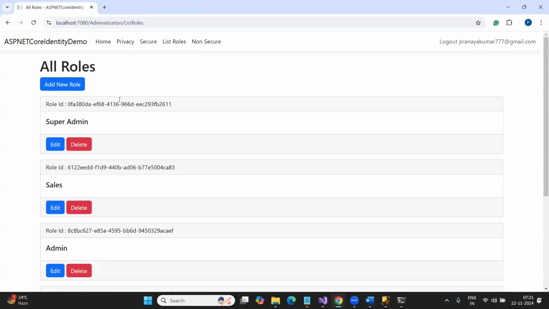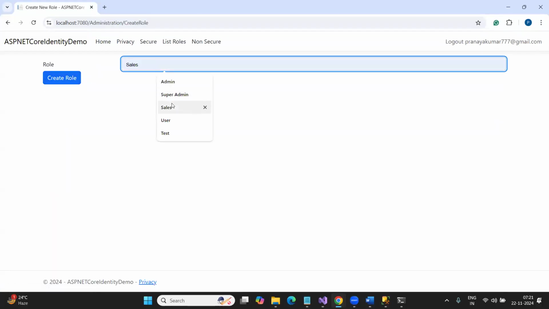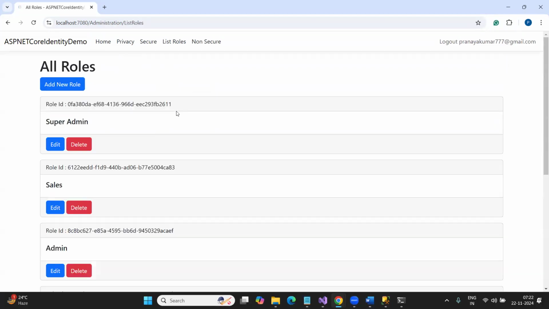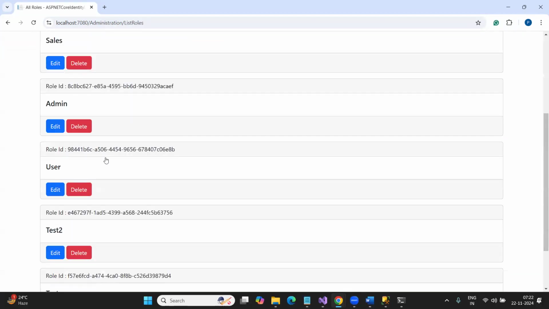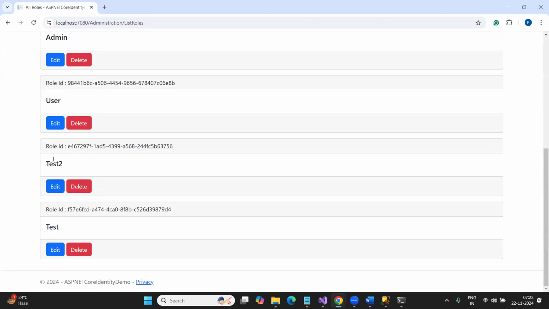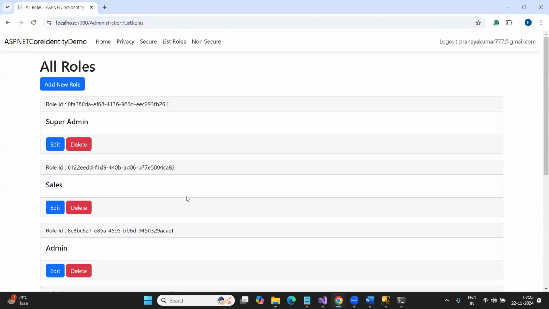Go to list of roles page. You can see these are the list of roles. And I'm going to add another role equals to text 2. So in this case, it is going to redirect me to the list of roles page. And here it can show you the text 2 word. So here guys,